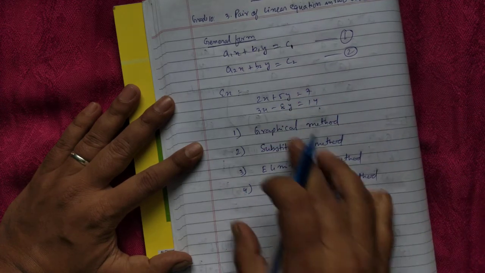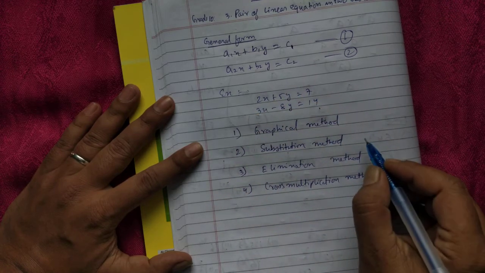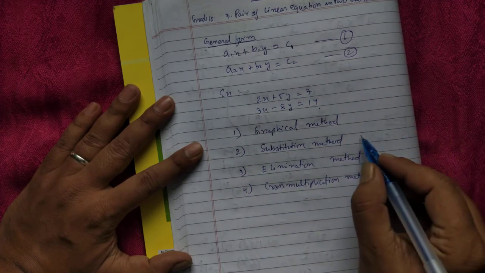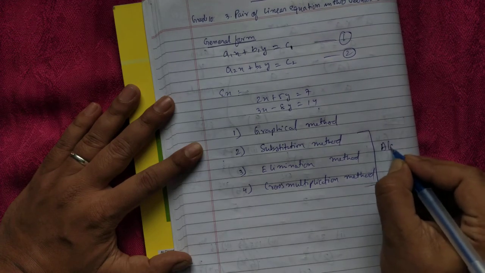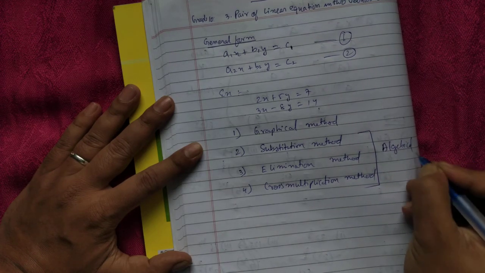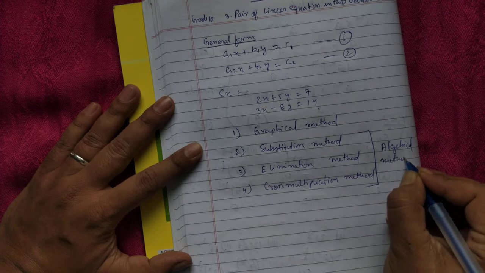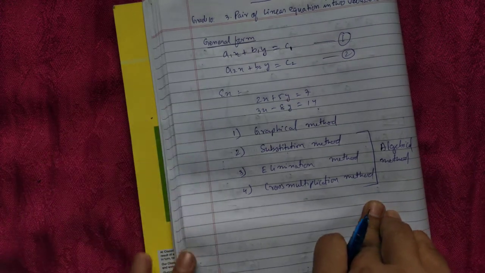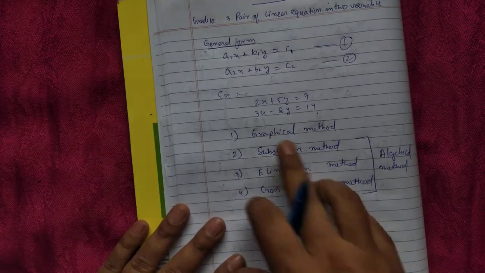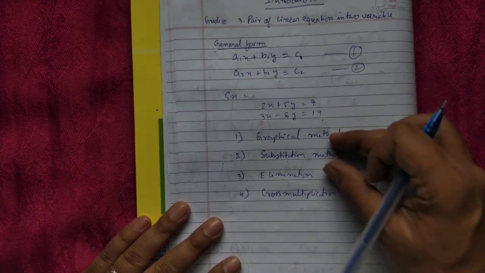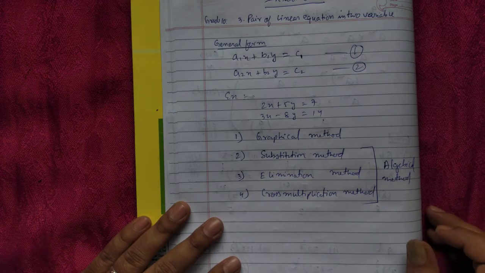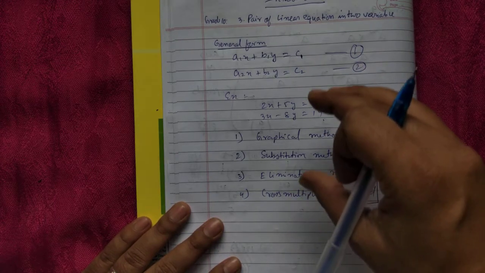There are four methods to find the value of x and y. Graphical method means by making a graph, and these three are called algebraical methods. I will cover each method in the next video, but